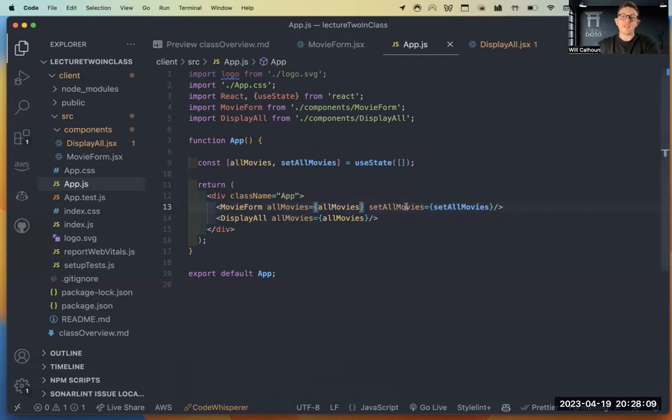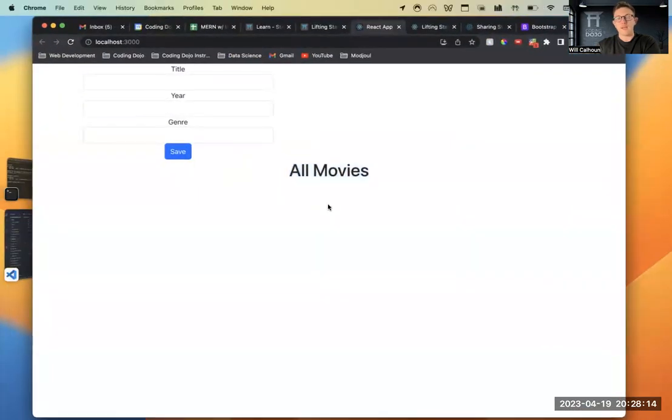But then what I can do is I can do this, and let's go actually test it. Let's go say, can I set a movie? In theory, I should be able to type something. It should run it. This is also getting it, so then it should show it. So I should say Shrek 2001. I always say 2001, and I have no idea if that's the case. If I say save, we get title Shrek 2001 comedy. This is a separate component than this. But since we have lifted up state, we now have access to it.